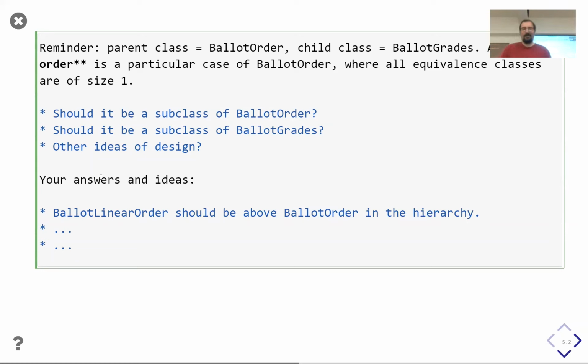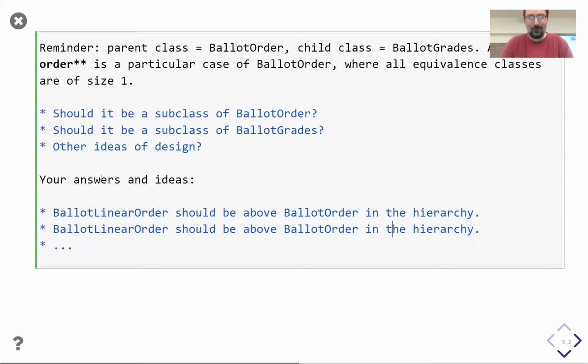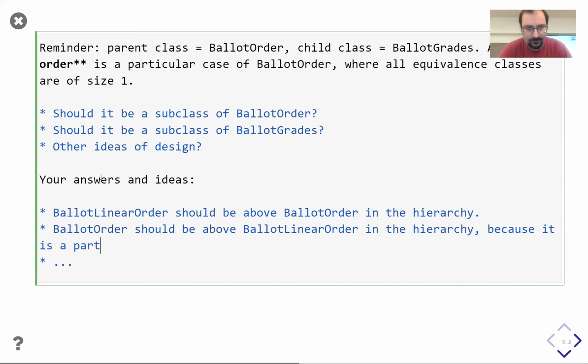I would say the opposite. For what reason exactly? Because it's a particular case, so we can re-implement plenty of methods with different calculations.